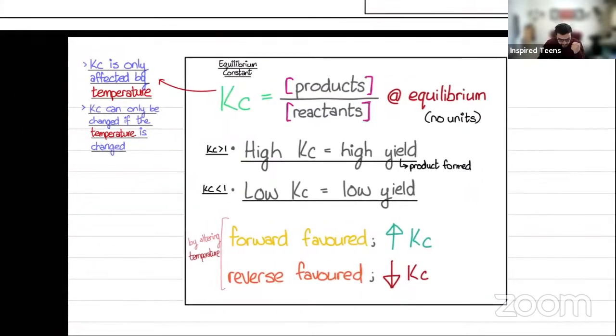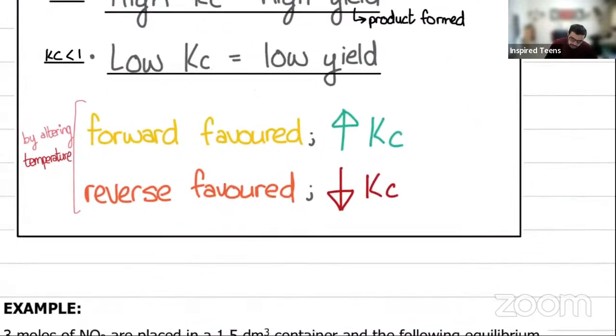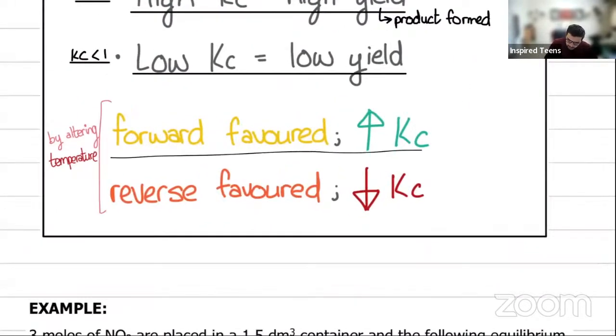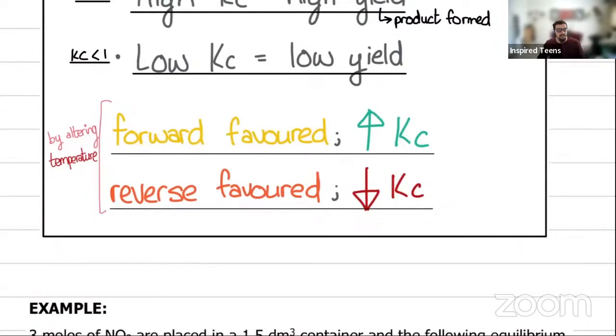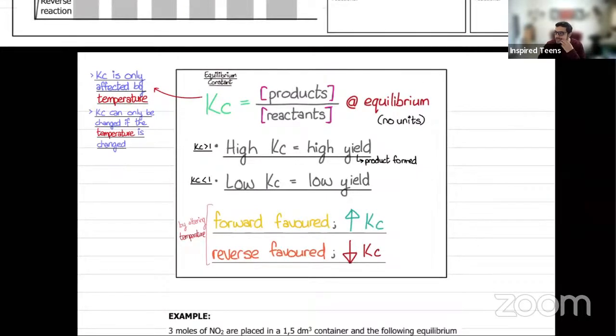Kc is only affected by temperature. Kc can only be changed if temperature is changed. And by altering temperature, if the forward is favored, Kc increases. And by altering temperature, if the reverse is favored, then Kc decreases. Quite simple. Another thing to note,